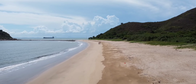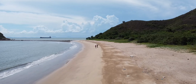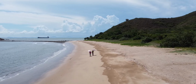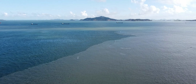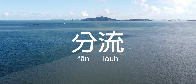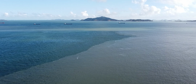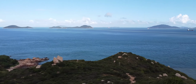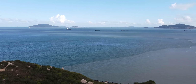The only sign of human existence is the rare hiker that walks these remote parts. Because the Pearl River only projects its influence on the western side of Lantau Island, with the rest being open sea, occasionally a split in the color of water can be observed at Fan Lau, which literally means separation of water flows in Cantonese. The muddy water of the Pearl River Delta, filled with sediment on the west, and the clear waters of the South China Sea in the east meet at the tip of the Fan Lau Peninsula, giving